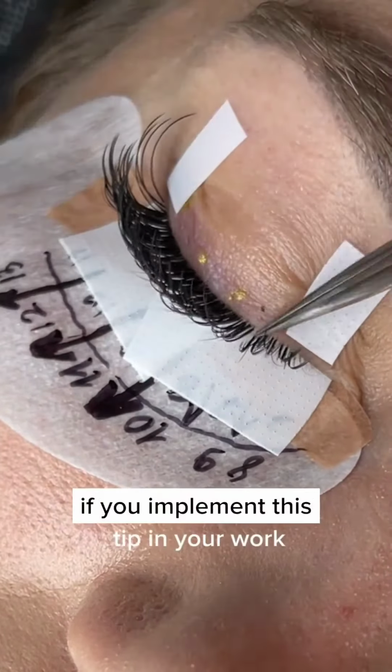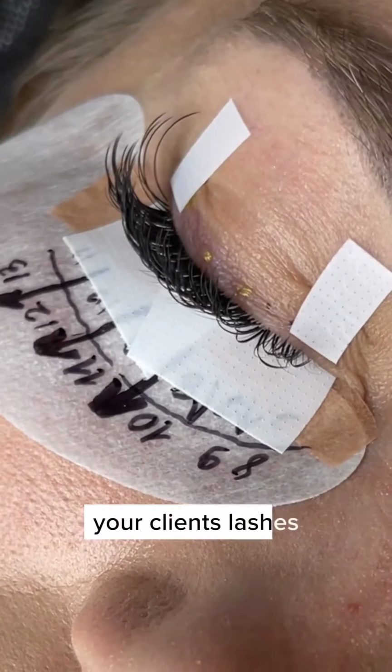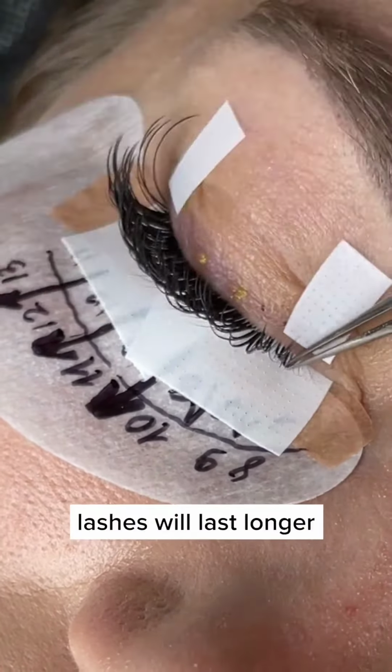If you implement this tip in your work, I promise that your retention, your client's lashes, will last longer. They will look